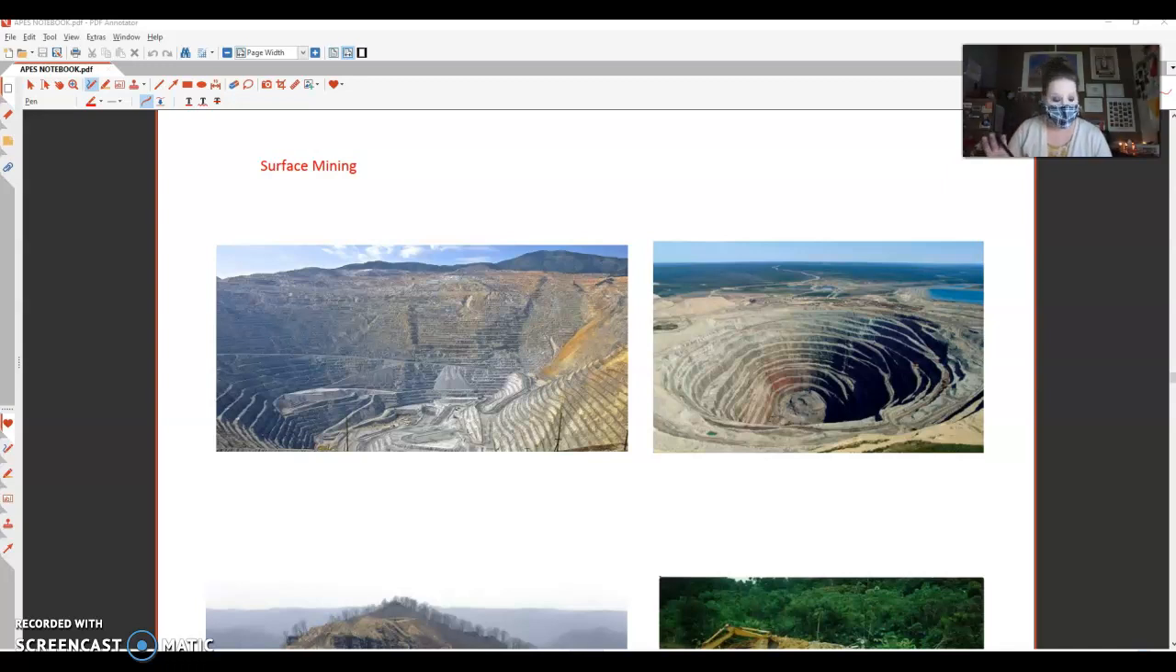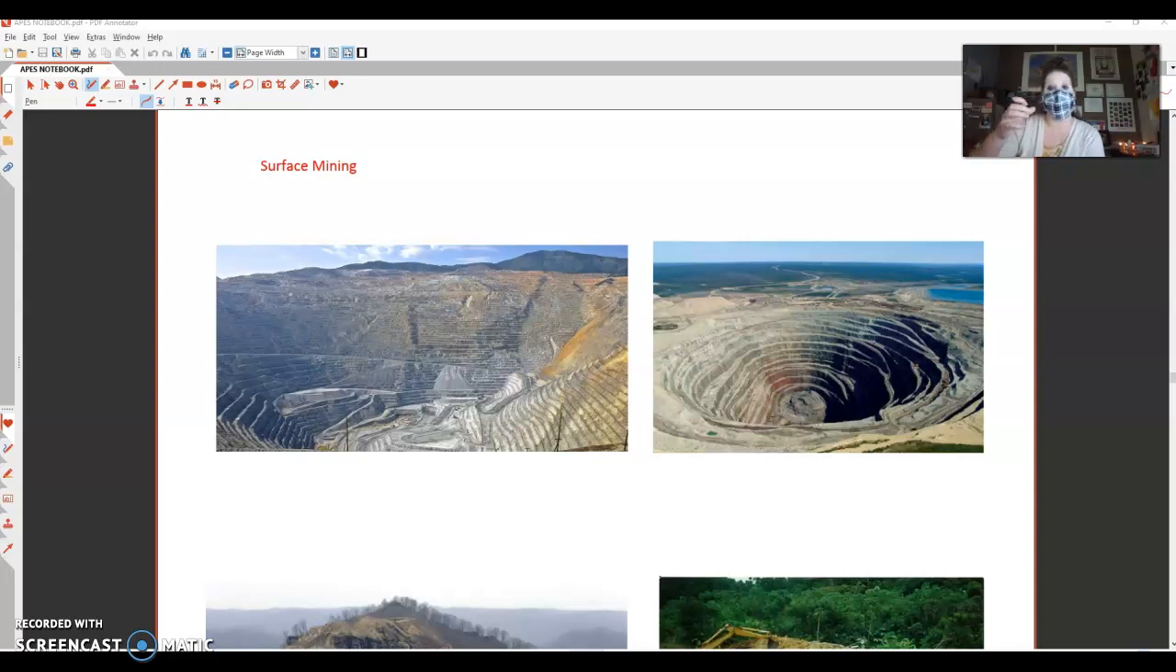Okay, so we just talked about what mining is and what are different types of materials that we mine. So now let's look at different types of mining and how destructive they can be to the earth. The first one that we're going to look at is what's called surface mining. So this is going to be materials that are close to the surface of the earth and they're easier to get to. Now, by looking at these top two pictures, you can see that it still is incredibly damaging to